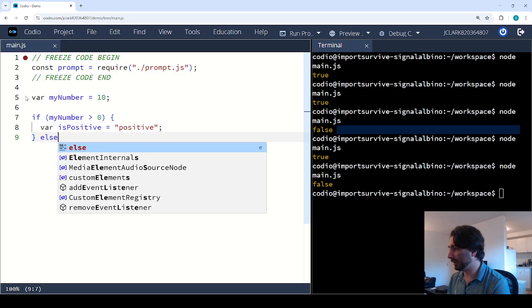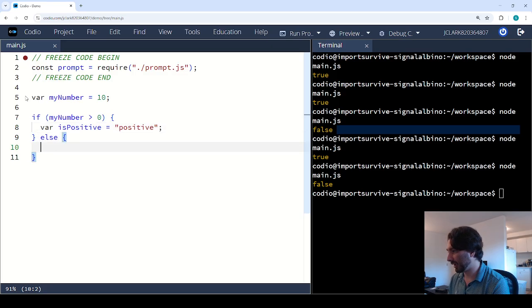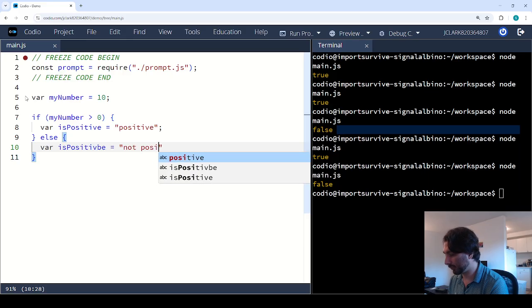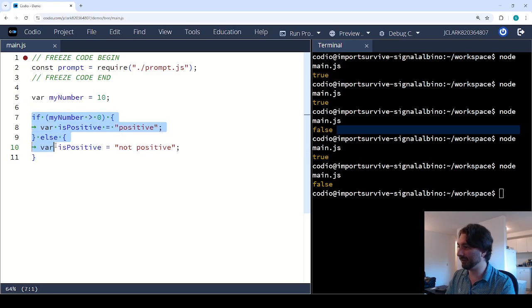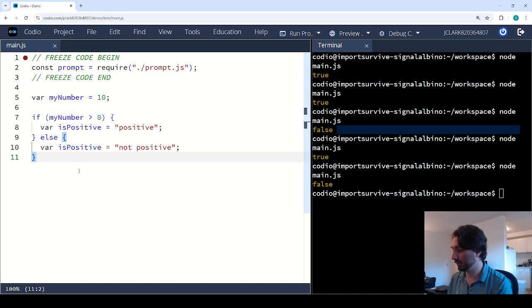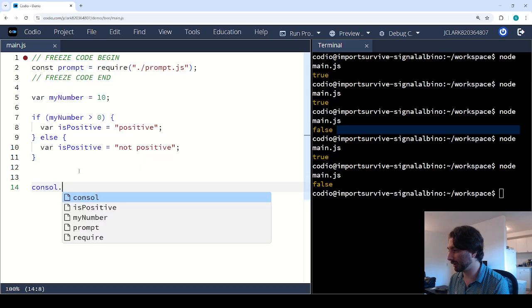Then I'm going to do an else and create the same variable is positive, and we're going to say not positive, just like that, and fix that spelling mistake there. So this is going to be the if statement that we're going to replace with a single line as a ternary operator. And you can see, we'll just do a console log down here,